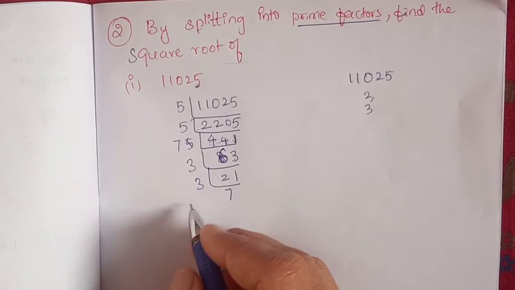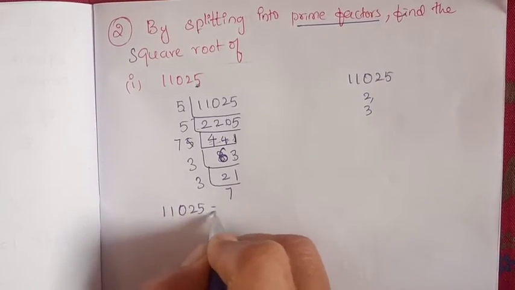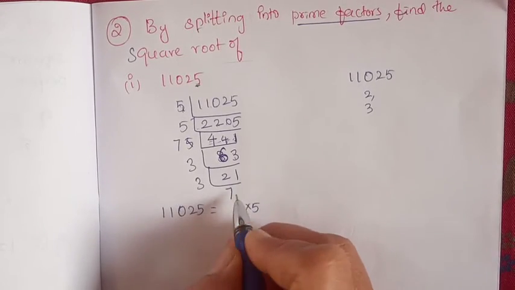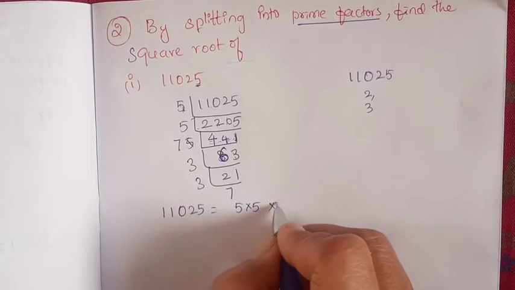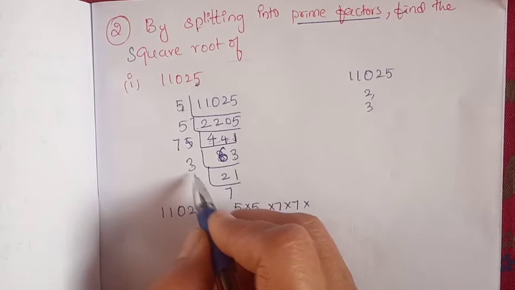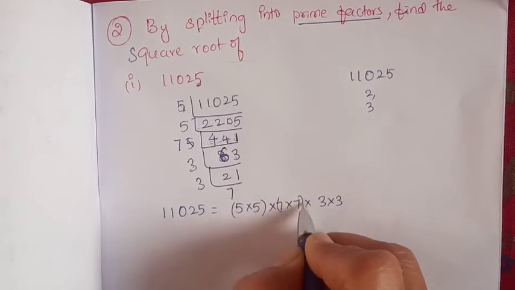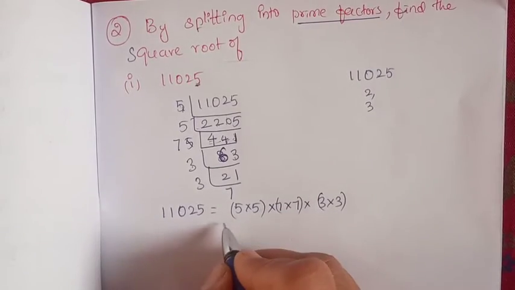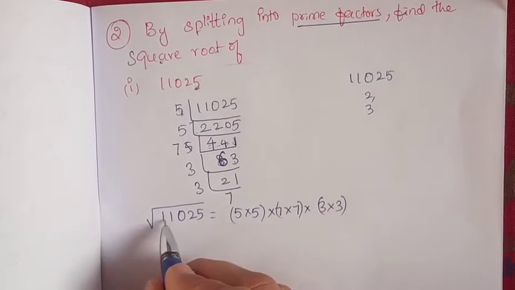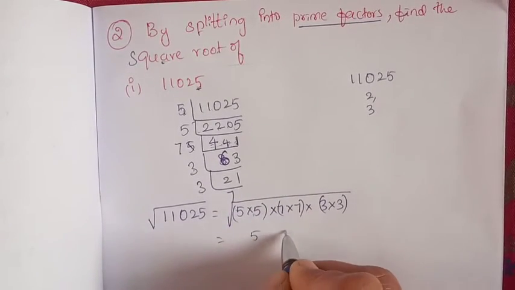Okay. Now we will write all these factors in front of the given number. How many 5s are there? Two 5s are there, 5 into 5. How many 7s are there? Two 7s are there. Write them in order in the same grouping. Okay, 3 into 3 next, 3 into 3. Put them in a bracket. Okay, just pick them out. See, to find the square root, put them in the square root. Okay, and now pick out the one outside.